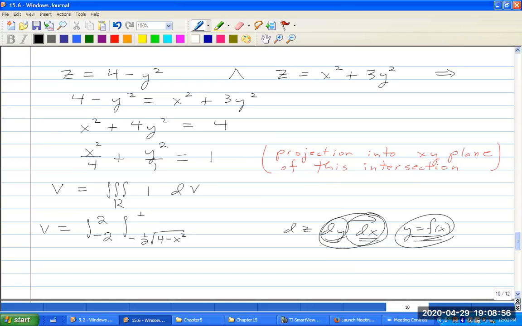And a 1/2, 4 minus x squared. Okay? And so now z can depend on both x and y. So I'm okay with z being a function of x and y. Okay, so